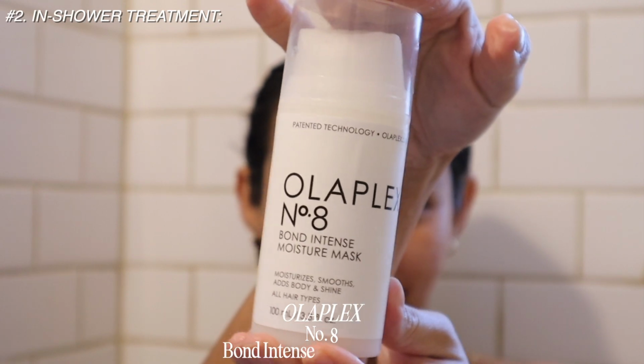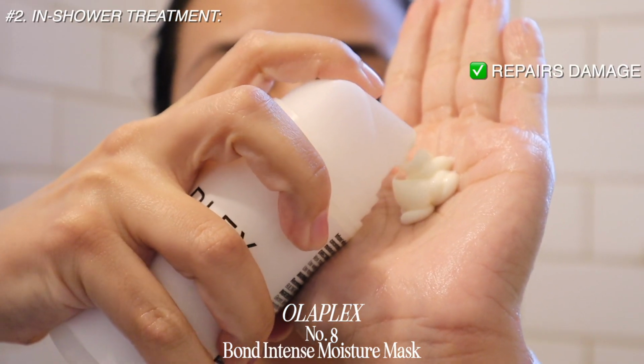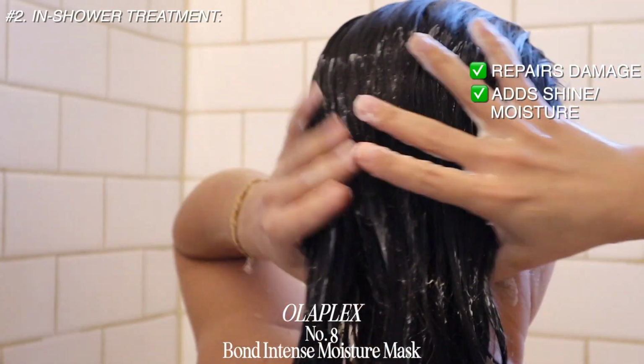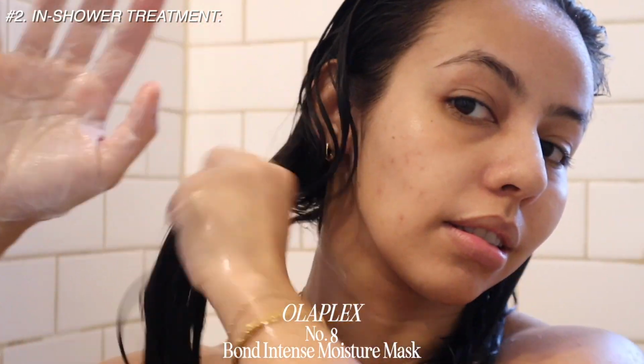So after washing my hair with the number 4 and number 5, I'm gonna be using the Olaplex number 8 Bond Intense Moisture Mask. This is a super thick and creamy concentrated reparative mask that adds shine and intense moisture to treat damaged hair. In simpler words, this is the mask you use when you've put your hair through some